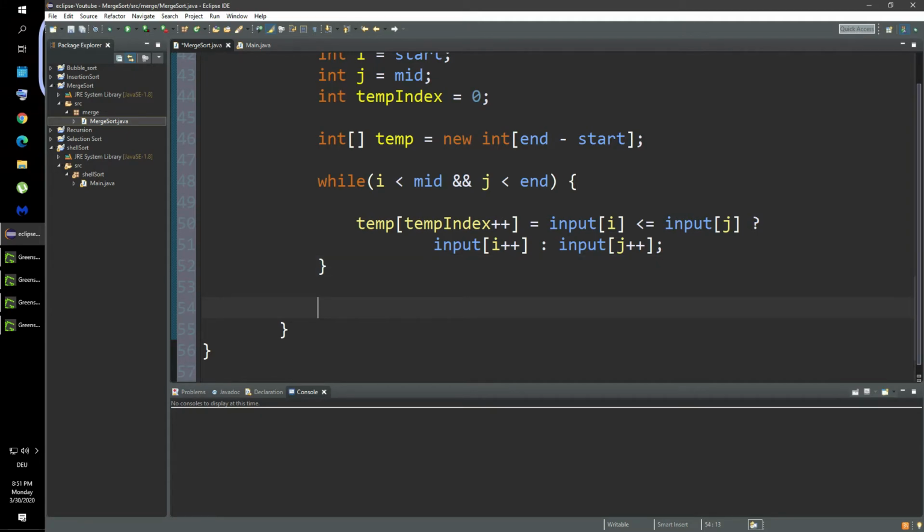So this was the while loop, and we will drop out when we reach the end of either the left or the right array, and we will copy the other numbers to this array. If we have any remains at the left, we will copy them to the right side,